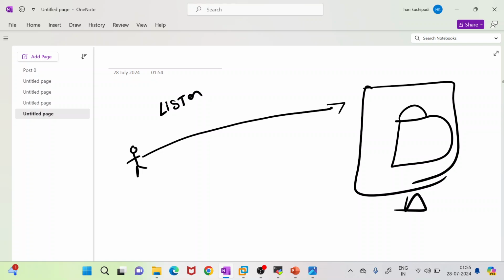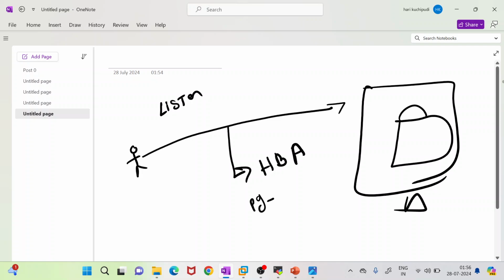Upon accepting the connection, postmaster will perform a special type of authentication called host based authentication. What it means and what its purpose is, we will discuss in upcoming videos. The main purpose of host based authentication is to provide security. How is it performed? In Postgres we have a configuration file called pg_hba.conf. Using this file, postmaster performs host based authentication.